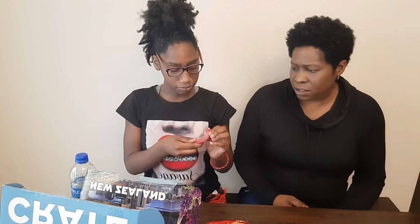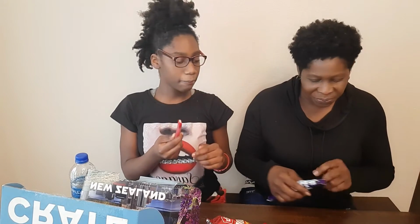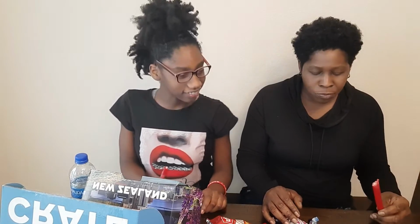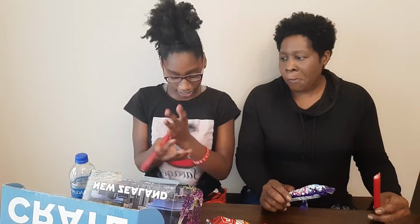Just bite it. Just bite one end, I'll bite the other end. I can't. You didn't already bite it though. Just eat it. I barely even bit it. Alright, these are like fruit roll-ups. No, it's those little things that start with an M. It's not Mentos. It's pink. It has an inside, and it's a candy. I don't know. It's good, but